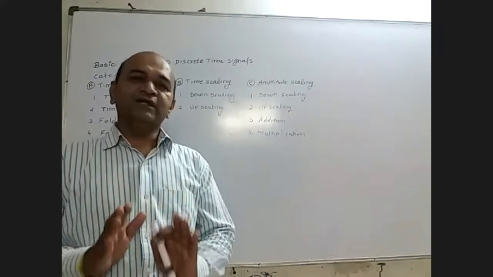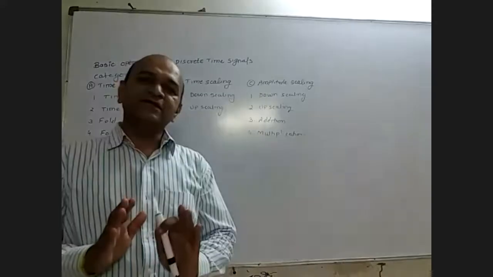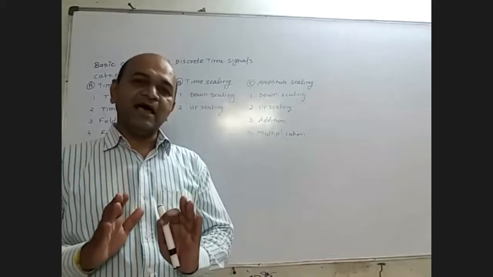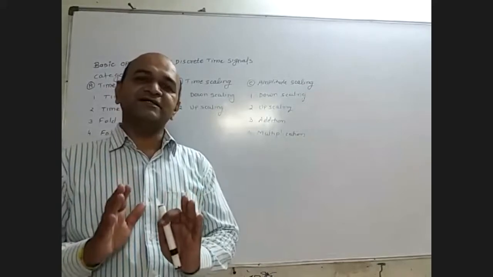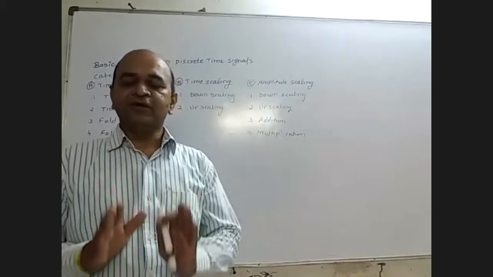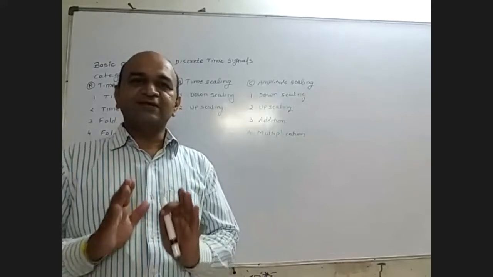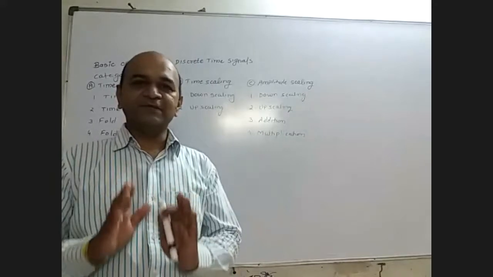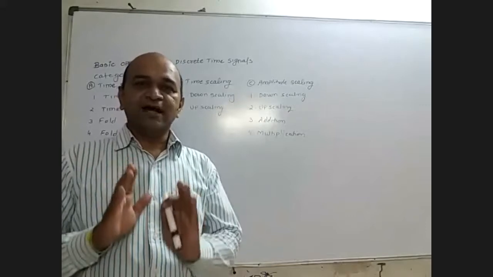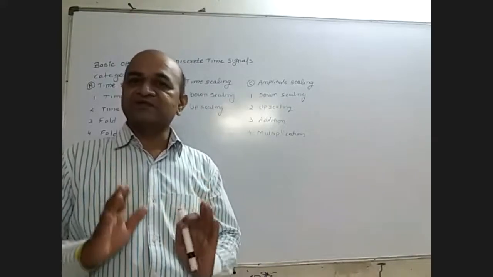Whenever we define any discrete time signal, it is represented on our coordinate system. On the x-axis, it is represented by n, and on the y-axis, by x of n. X of n is its integer value. Whatever discrete time signal we have to represent, that representation we have also studied. There are four methods that I already taught you in the last lecture. Similarly, you can generate the discrete time signal.